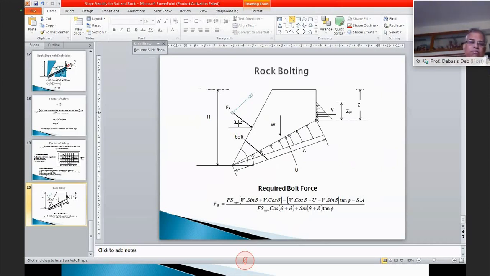Tomorrow I am going to do this, and then I will also give you one problem. You can solve it in your home, so that will complete the topic. There is one thing left, the dynamic condition, but you can leave it for this class. Where there is an earthquake, how we calculate that.